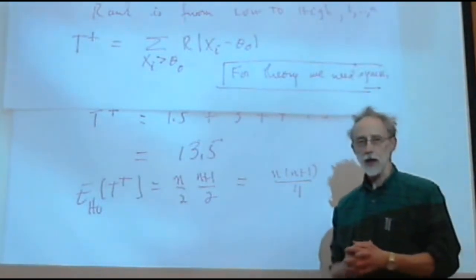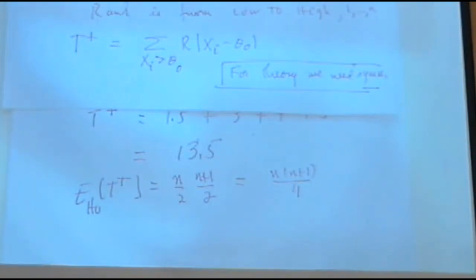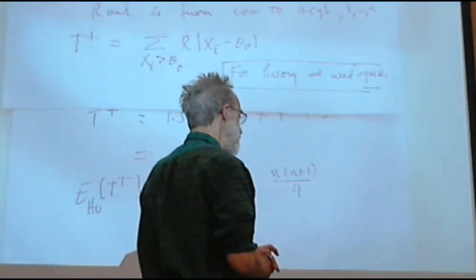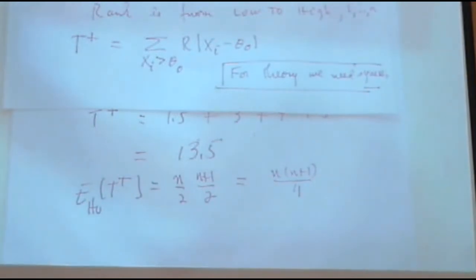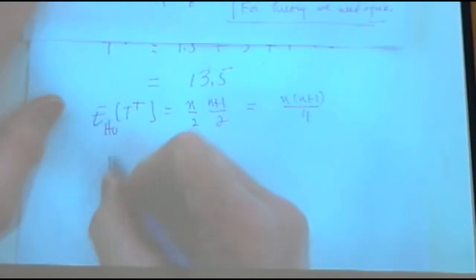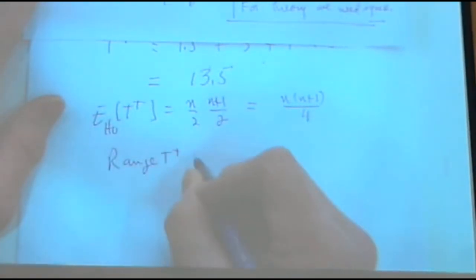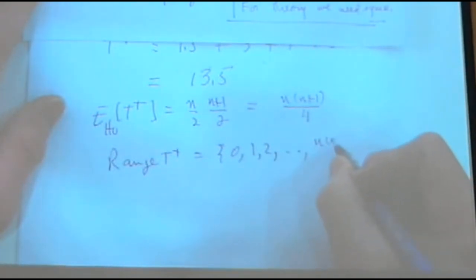So that's what I expect T plus to be. Now, what's the range of T plus? Well, all the items could be negative, so it could be 0. One item could be positive, the smallest one, so it could be 1. But it's also the sum of everything. All the items could be positive, so you would add up 1 through n. This is the range of T plus. It could be 0, 1, 2, all the way up to n times n plus 1